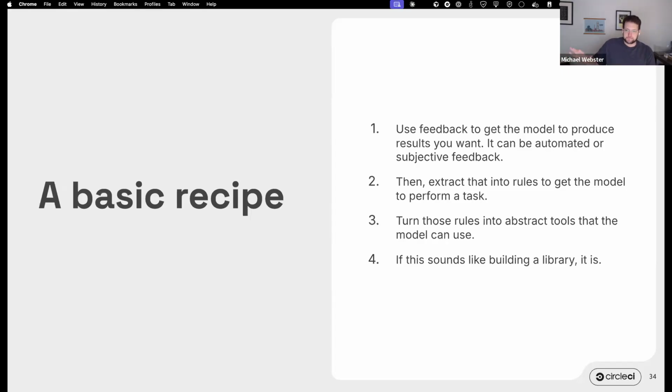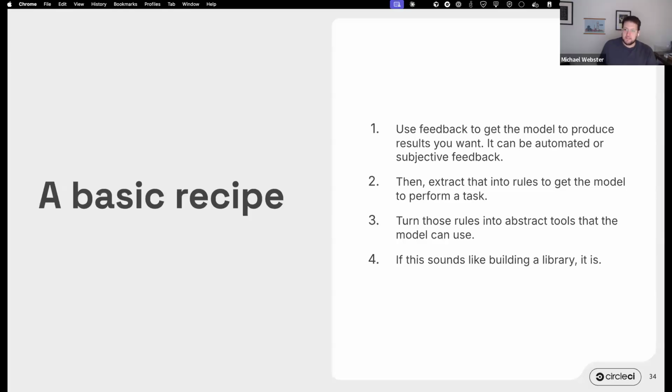You absolutely need that. And then once you've gotten the model to produce something, and you have a way to verify that the results are good for your use cases, you can take all of that tweaking and prompting that you did and extract it into rules to get the model to perform a task. So now instead of wasting all your time running through the checks over and over again, or letting the model guess at what to do and then running through these expensive checks, you can guide it on what it should do in the first place so that the checks are more likely to pass the first time through.